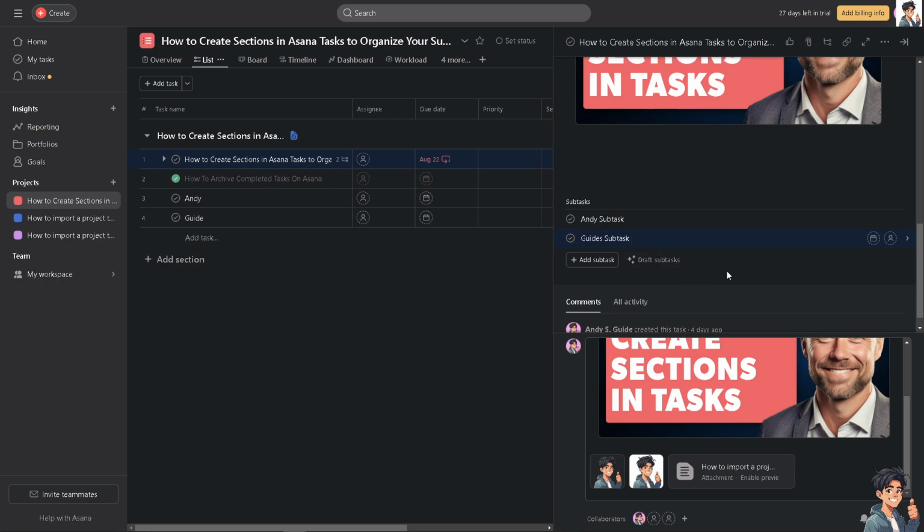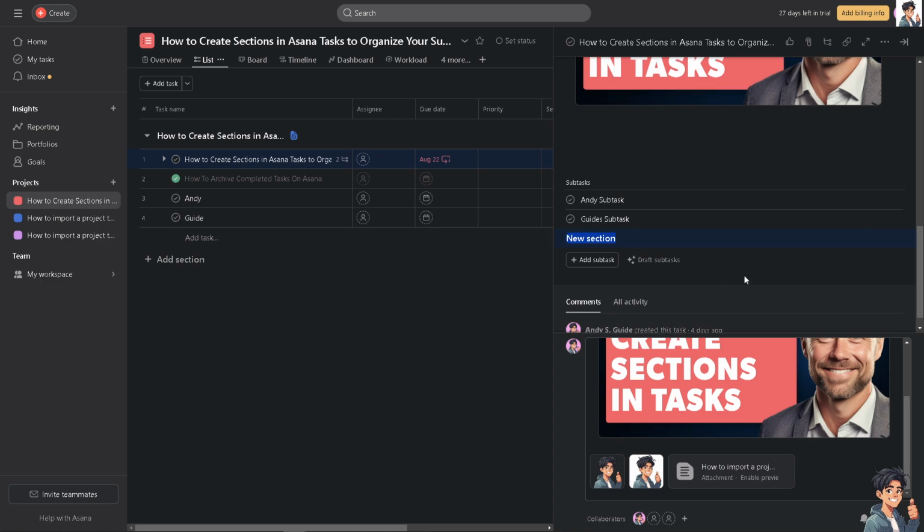Now, for you to be able to create a section here, there's no option here, but I want you to hold and press tab, and press letter N for Nancy. You see that? Let me do that again. All right, so if you press tab plus the letter N for Nancy, you're going to be creating a new section. So I'm going to put this section as